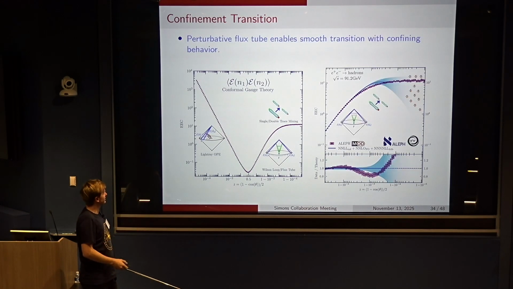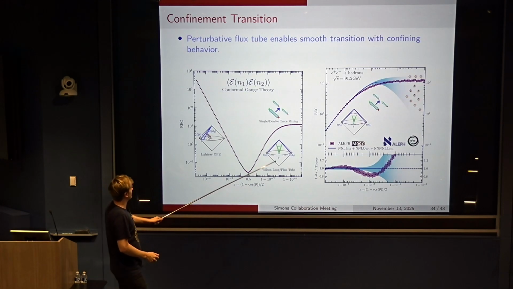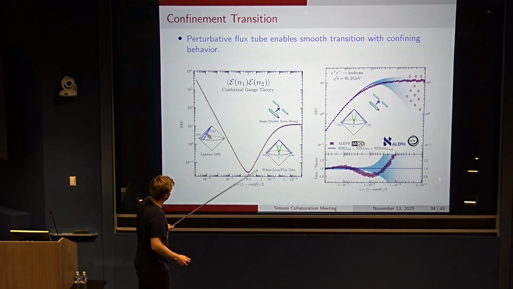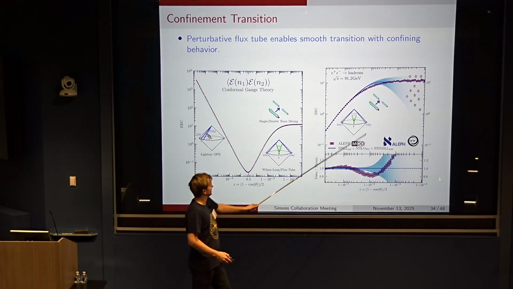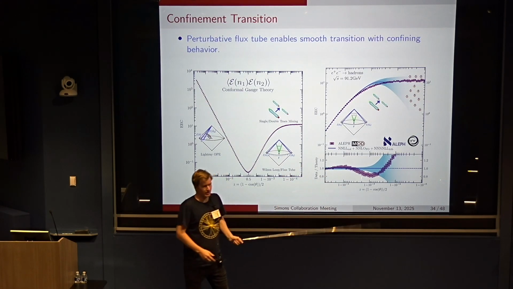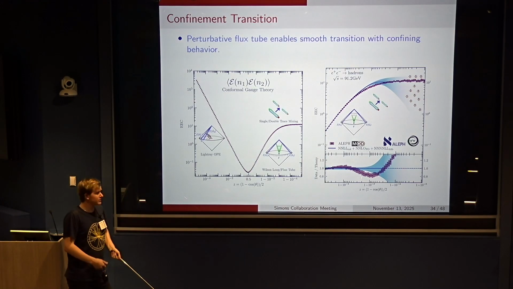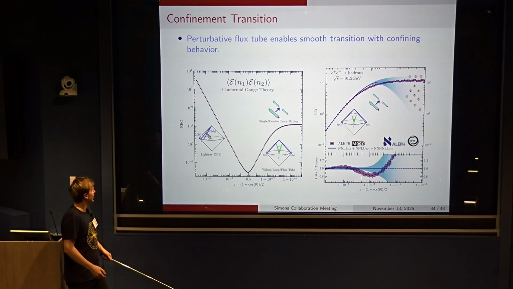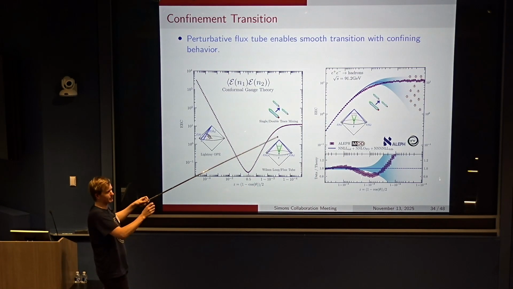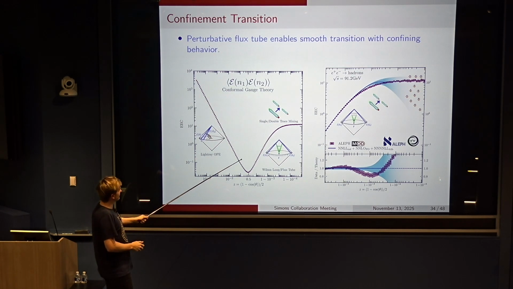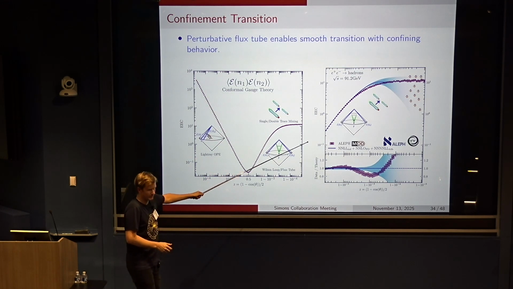So we can also do this in this back-to-back limit. Here one should be comparing this kind of limit in the case of a conformal gauge theory, and this is equivalent in the real world QCD. The behavior of confinement in this limit is very different, because already in perturbation theory, I'm able to form this flux tube, which even in the conformal case turns me over like this.